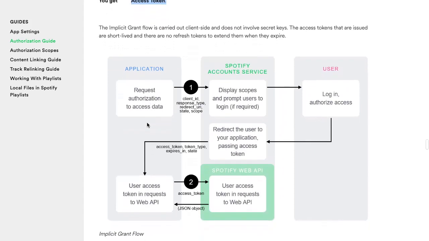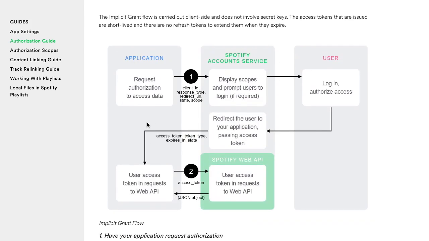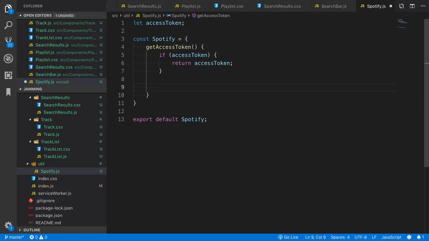So below is the flow that you can look through and read through on your own. So with that, let's start to implement this step together. If the access token has not already been set, we're going to check the URL to see if it has just been obtained. So let's first check for an access